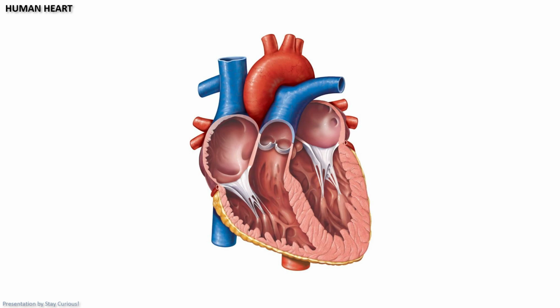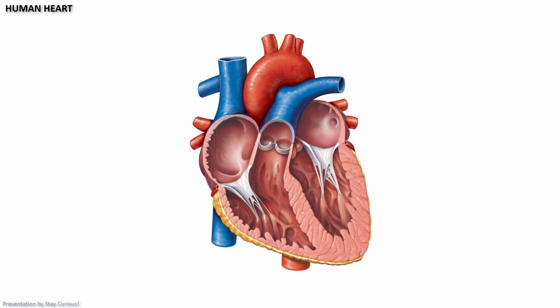This is an example of a human heart. The heart controls and regulates blood flow, and it helps move blood throughout the body. The blood's main purpose is to deliver oxygen to the cells. We will be talking about and labeling all four parts of the heart: the vessels, the chambers, the valves, and